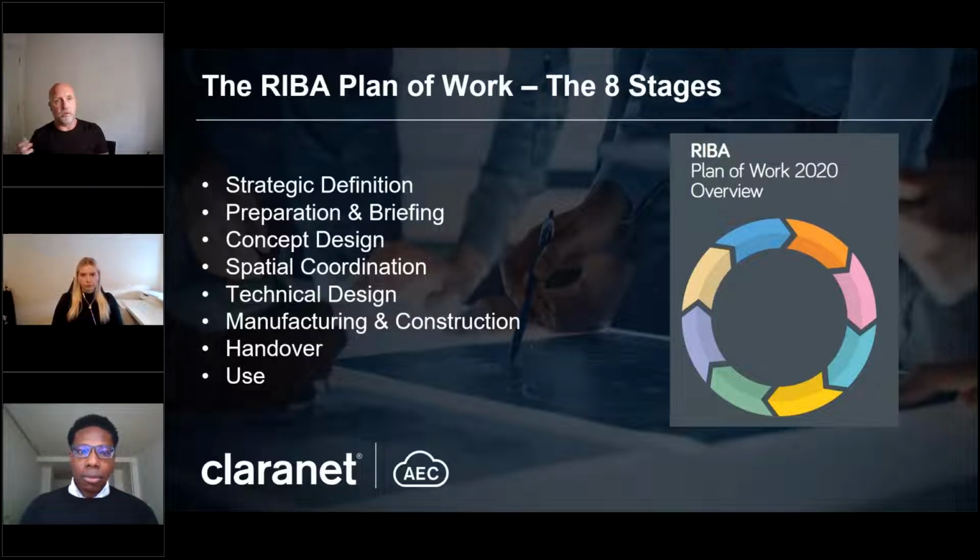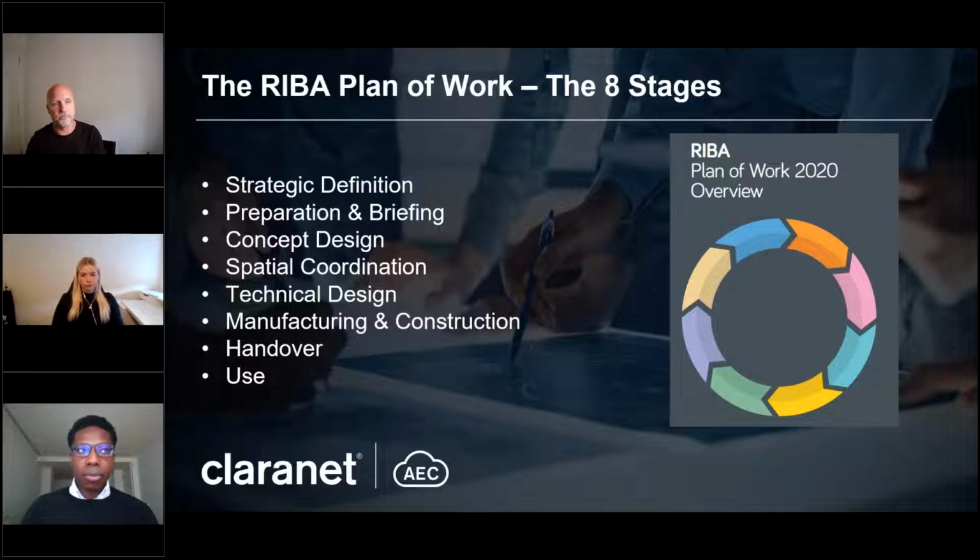Stage 2, concept design, is where architecture really builds in, and this is where RIBA really are strong in this space, obviously. This is where their members and their community are asked to come by the employer, by the client, to start to pull together what is that conceptual design, what does it look like? And I think some of the things that we found is that in the past, in a legacy construction and AEC space, very much paper driven, very much drawing driven. As we move now into more of a digital age, we're seeing more and more of the 3D augmentation. We're seeing a lot more of the digital world bringing these concept designs to life,